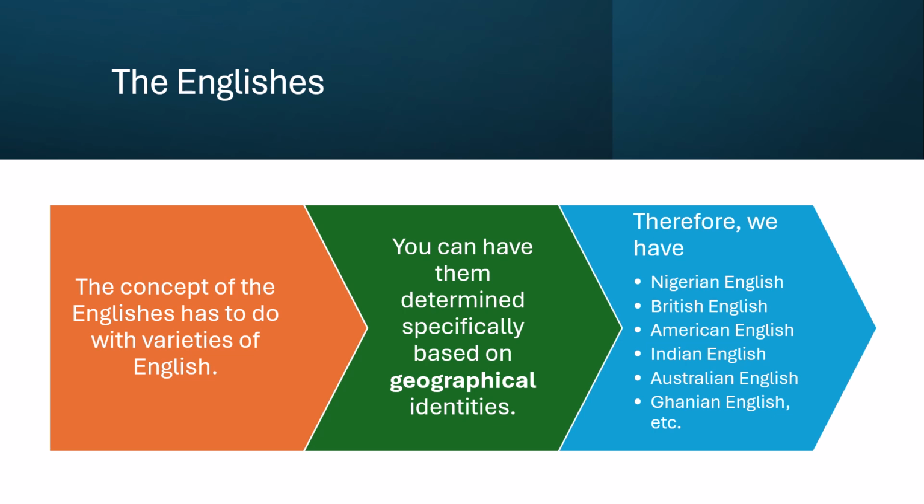People are paying heavily. People are going online to learn how to speak like foreigners, and then you see Nigerians trying to speak like other people. Anyway, maybe that's the thing about cultural life or whatever. So you have British English, American English, Indian English, Australian English, Ghanaian English. All these are based on geographical identities. People speak the way they do because of the influence of their immediate environment on what they speak. So you can see that it's actually possible for them to speak in this manner based on geography.